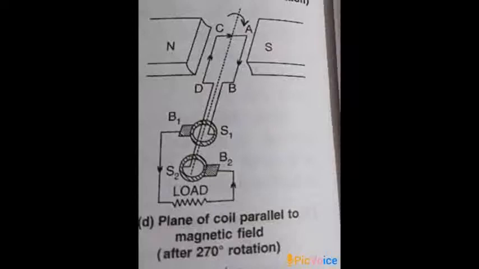And then again for the next 90, again it will become 0 and this will continue. And that is why we say it is alternating current. For one cycle the current will flow through ABCD. So in the graph you will get above the x-axis, and for the next, when the current flows through DCAB, you will find that the current is in the opposite direction. So it is changing its direction. Then again for the next cycle it will go like ABCD, then again DCAB, again ABCD, again DCAB. So like this it is going to alternately change its direction. That is why it is known as AC current or the alternating current.